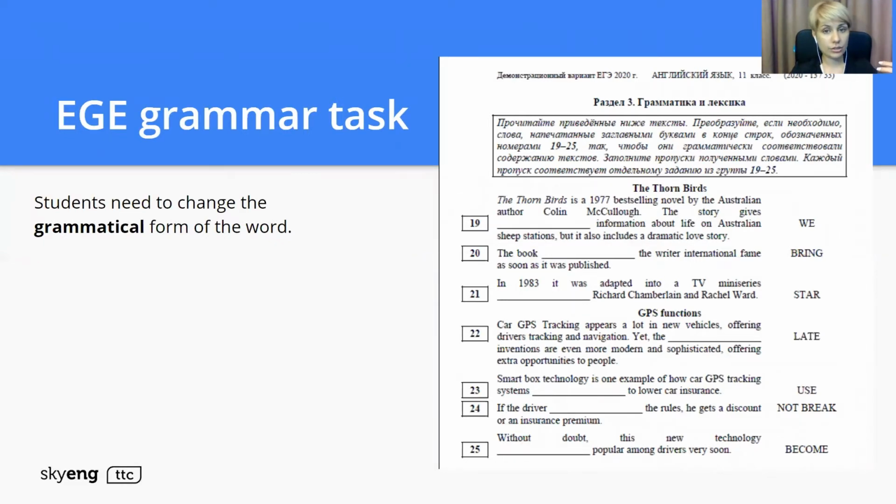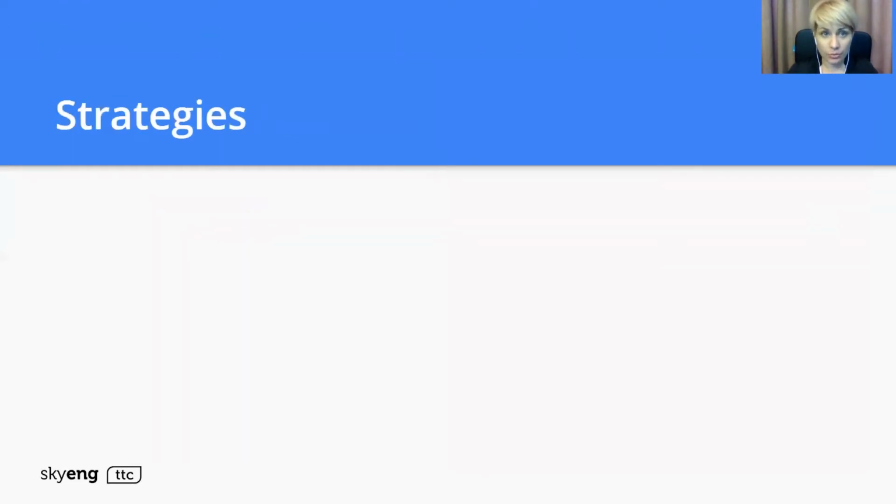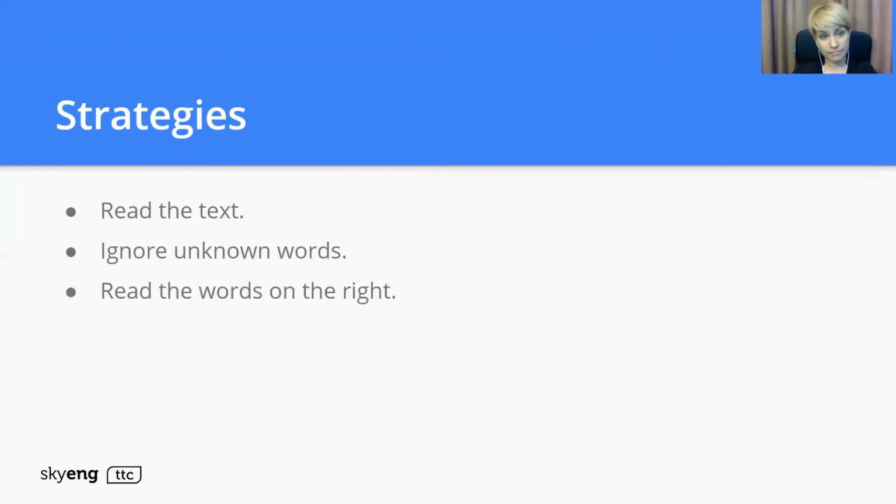So they need to know more grammar rules for EGE. And what strategies can we apply for this task? First of all, we read the text, we ignore known words, we read the words on the right, and define the part of speech,